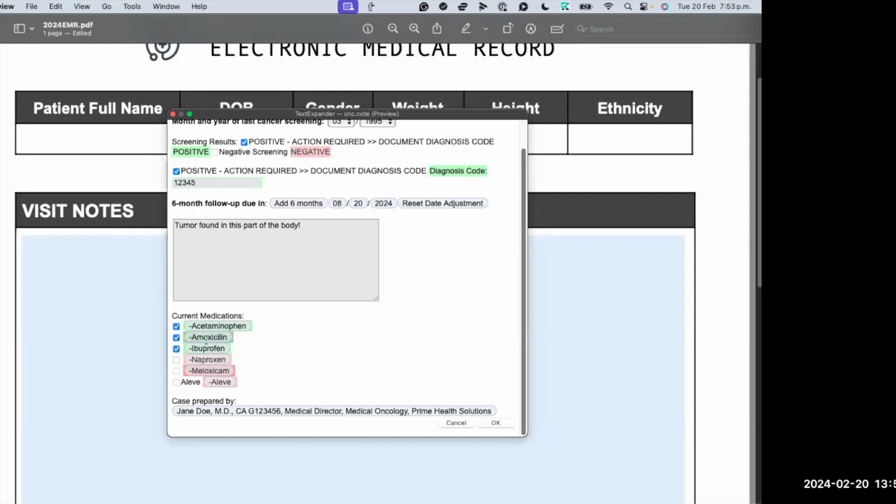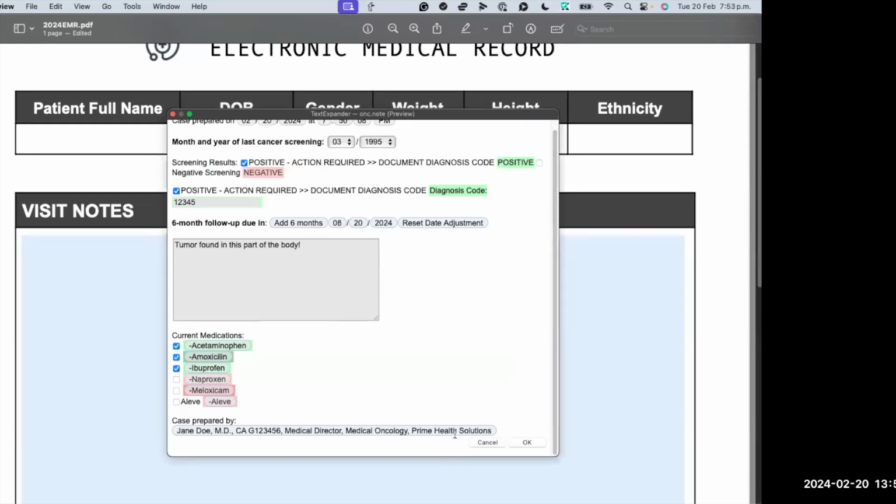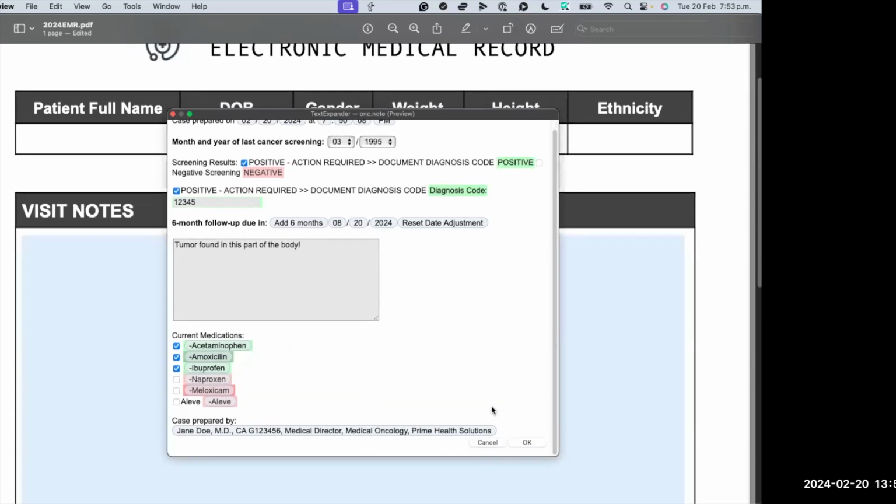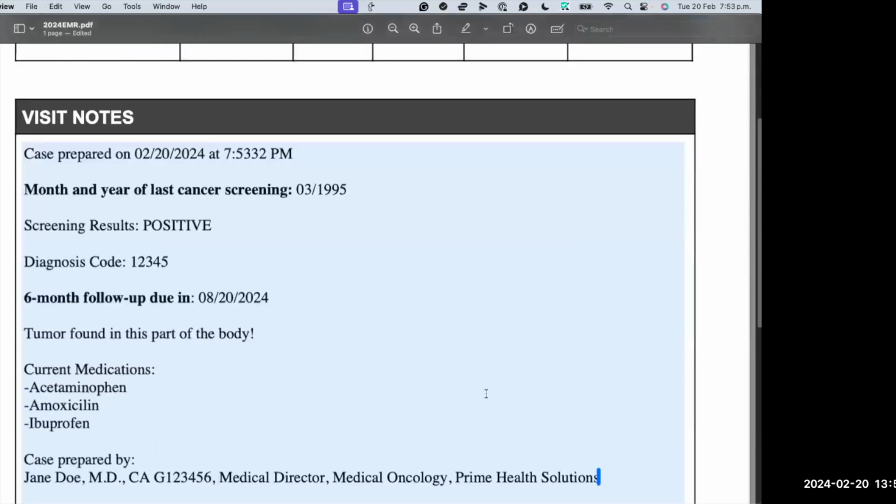So I have selected 3 options, which means this patient is on acetaminophen, I'm butchering that, amoxicillin, and ibuprofen. All right, and then we have nested the licensing information at the bottom. Again, you're going to want everyone to create one of these in their personal group and align on the same abbreviation if you want to mimic something like I've made here. Right? Select OK. And there we go.